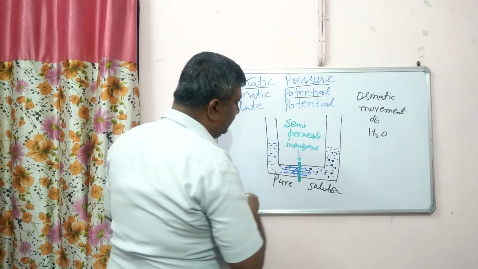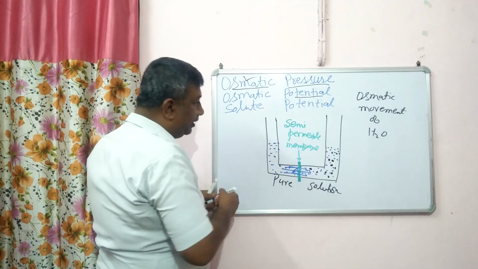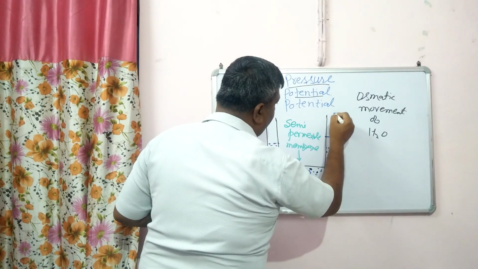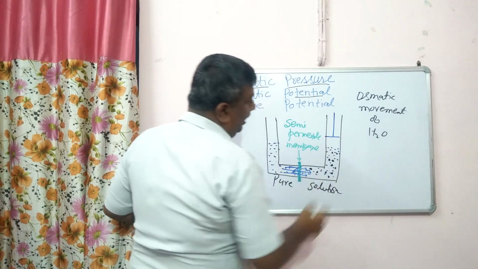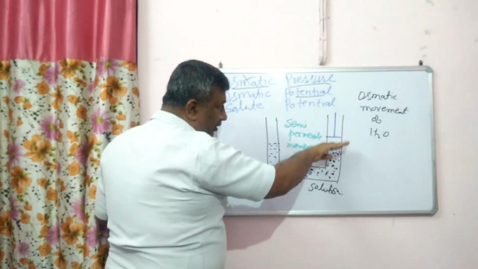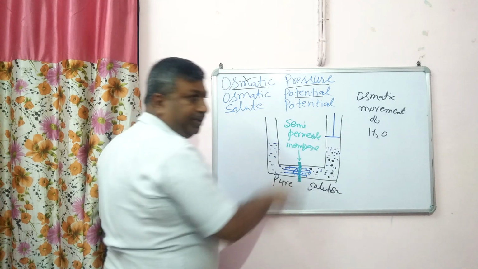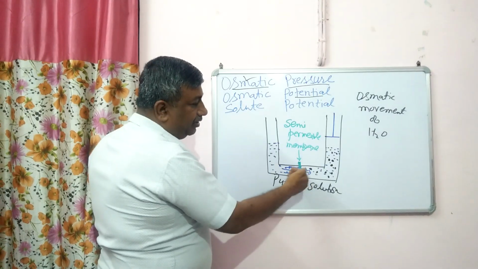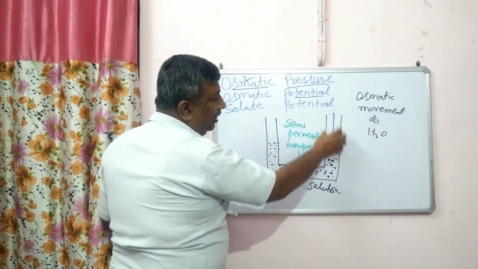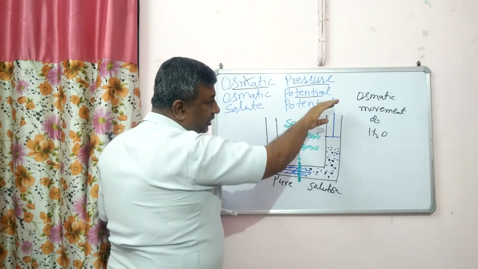Another interpretation is that suppose we want to check this movement of water, and suppose there is a piston, and by the downward movement or by developing the pressure we can check this movement of water. अगर हम एक पिस्टन लगा दें और इस मूवमेंट को वाटर को रोकना चाहते हैं तो इस पिस्टन को